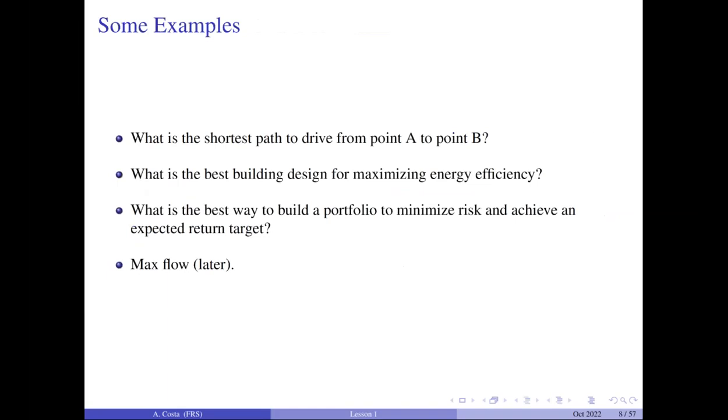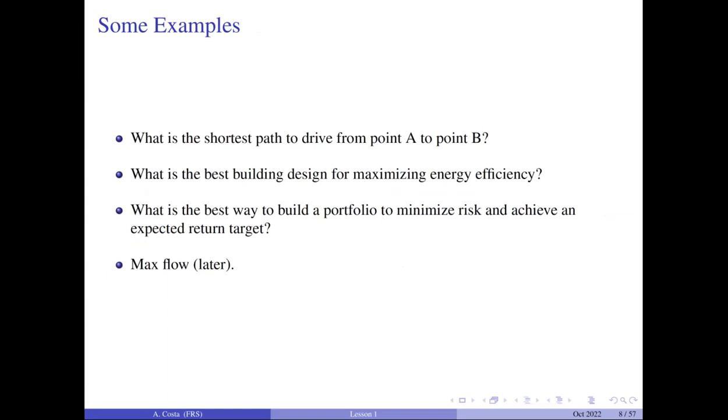An example of these kinds of problems is when you're driving and you want to go from point A to point B. Maybe you are in your car and use the navigator, and it tells you the shortest path. Well, the shortest path is an optimization problem. Out of all the possible paths that bring you from A to B, you want to find the shortest one. So in this case, the objective function, the performance measure, is the length of the path that you want to minimize.